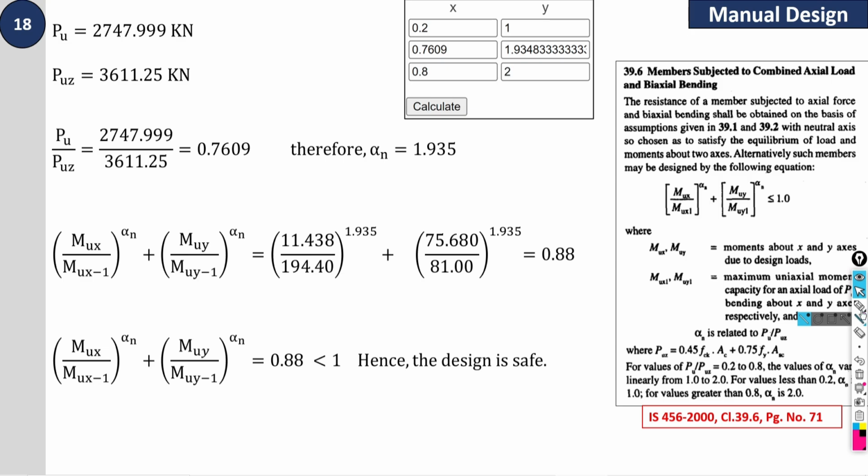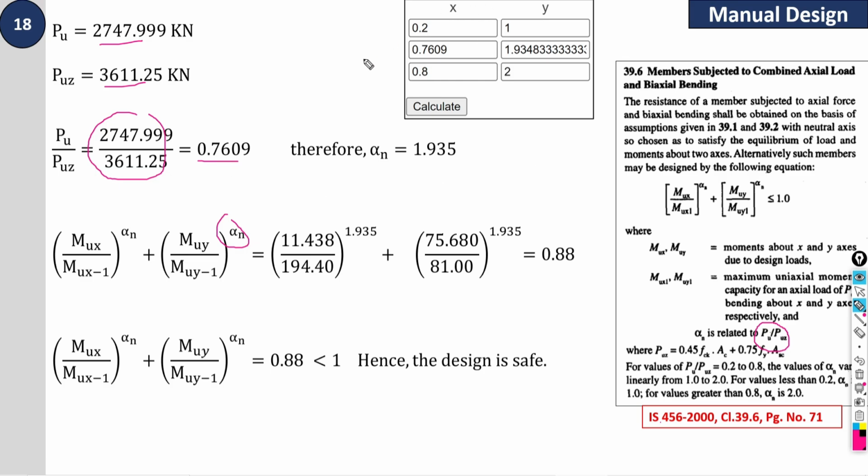For that, we have to refer to IS 456 2000, clause number 39.6, page number 71. If you put all the values here, actually we have to find out the alpha value, alpha n. To calculate alpha n, we need to find out the ratio of Pu by Puz. Pu we have, Puz we have, that we calculated earlier. So I am going to put all of these values. We are getting